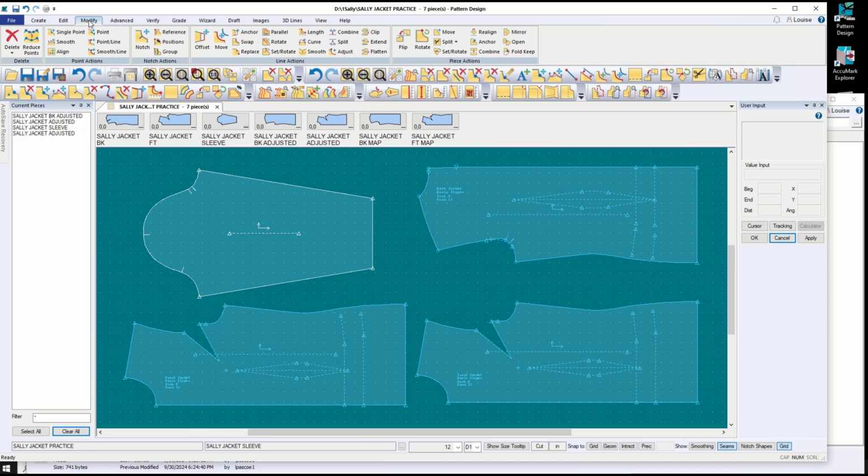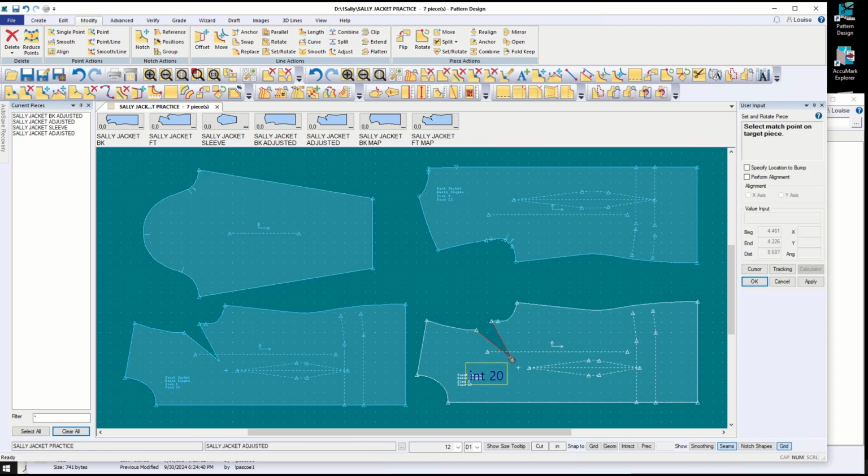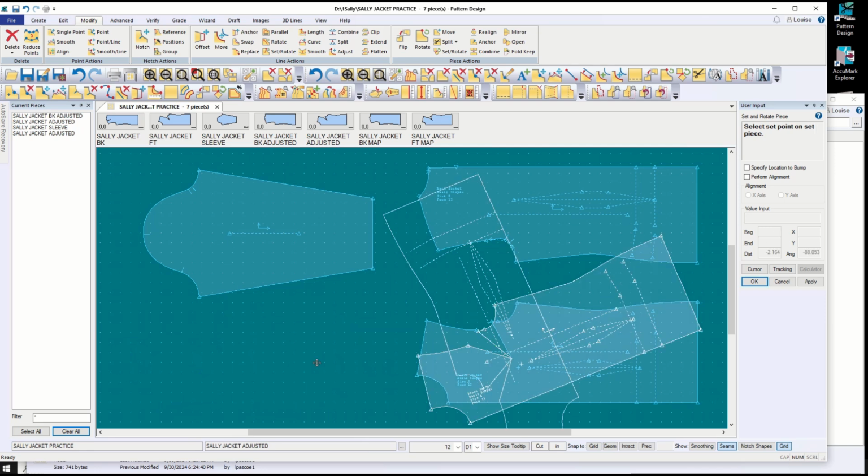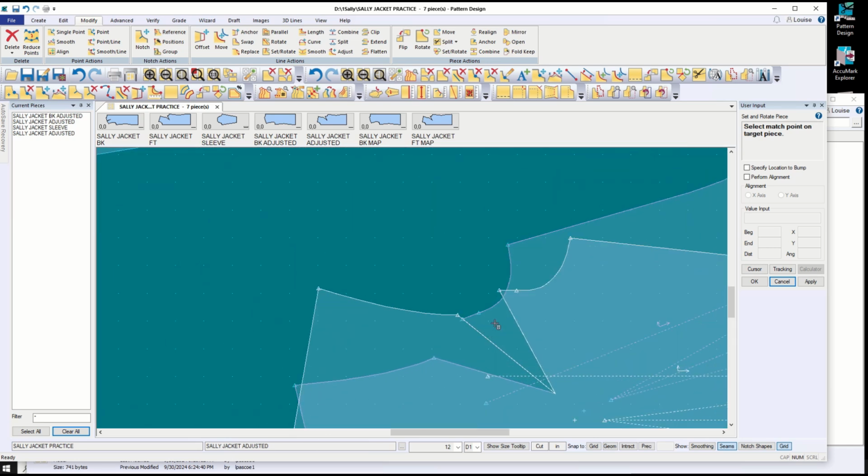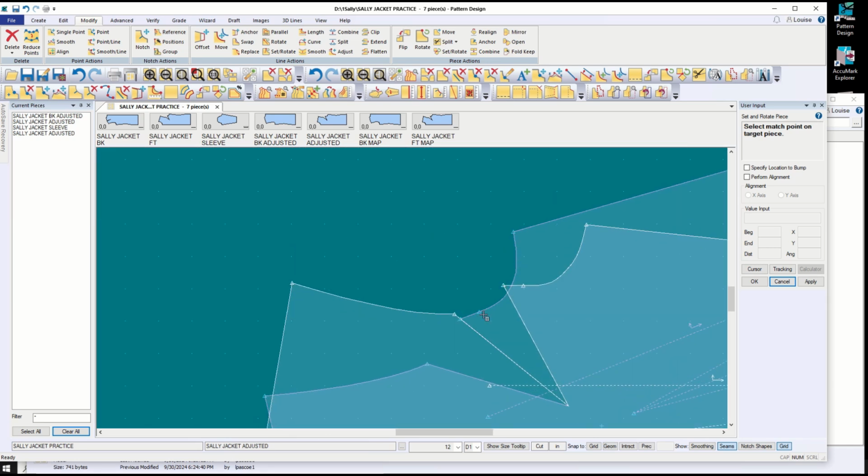So I'm going to modify Set Rotate, and I want it to start with this corner, the inside of that dart, and then the outside of that same dart, and put them together, cancel. And I do have a little bit of fixing. I want to reblend that curve, so